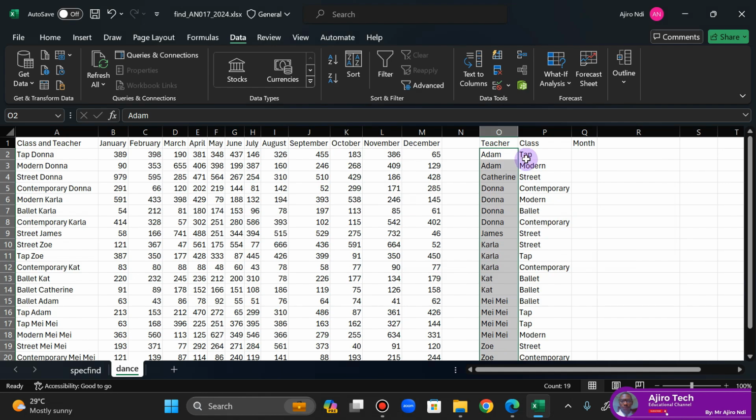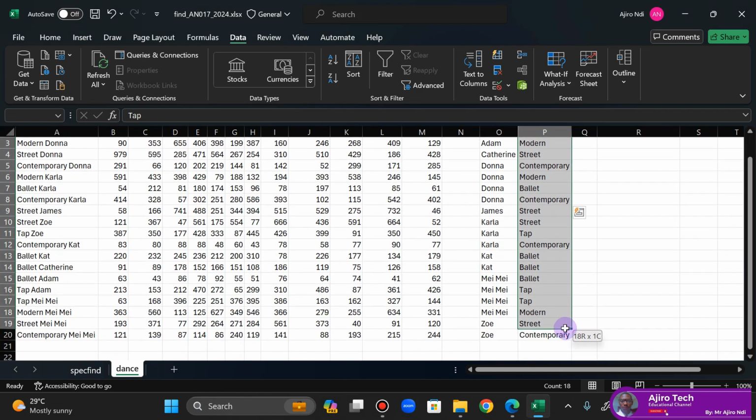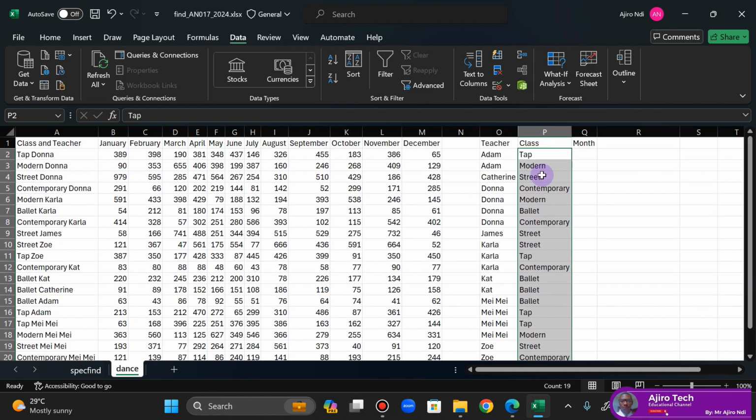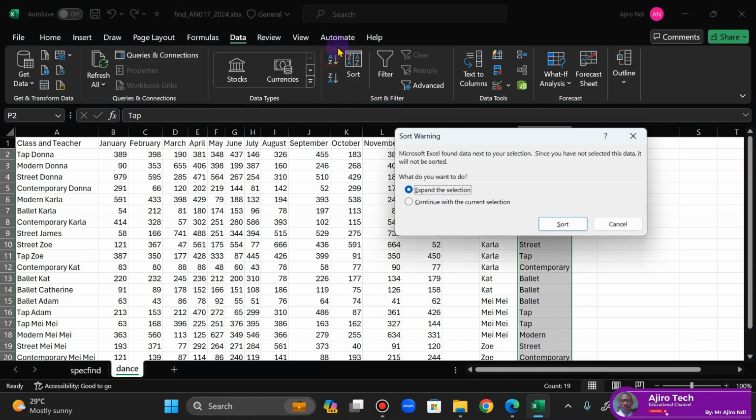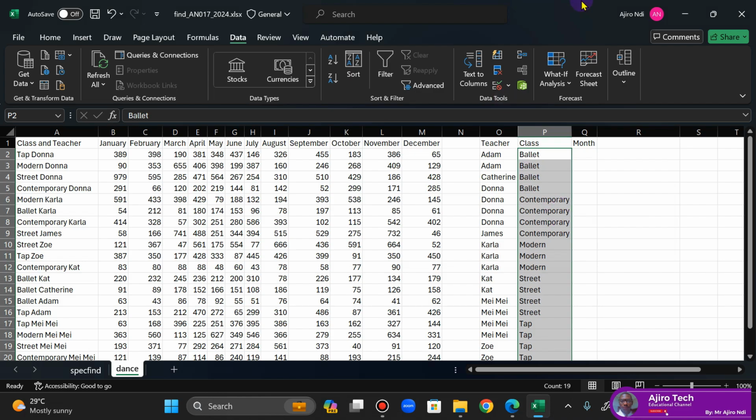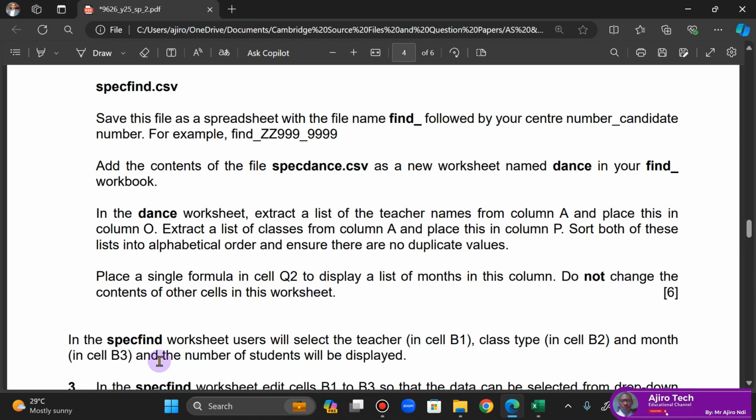So I'm going to sort this, and I'm going to do that for class as well. So I'm going to highlight the class, or Shift Control Arrow Down, and then come here and sort them. Click on continue with the current selection. So we have done this. Now the next thing is